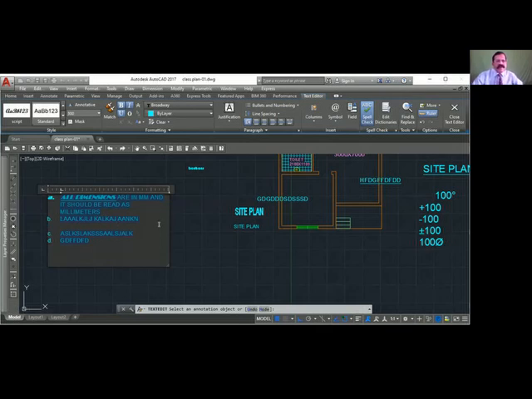You can check the spelling also. See, this underline is coming. That means this spelling is wrong, because the spell check is on. Okay, suppose I write here concrete. I know the spelling is wrong. Concrete.